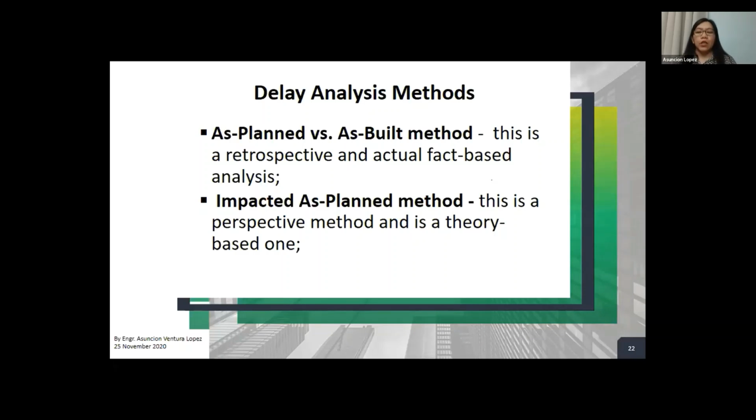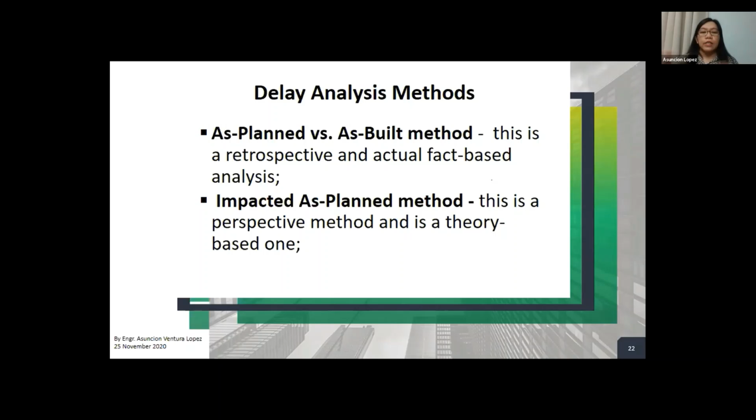Retrospective analysis means that you are looking back at what actually happened during the event, what actually happened in the program that you are preparing. Perspective is an analysis that looks into the future, assessing what might have happened in terms of the delay.